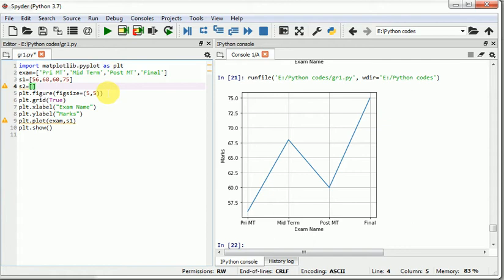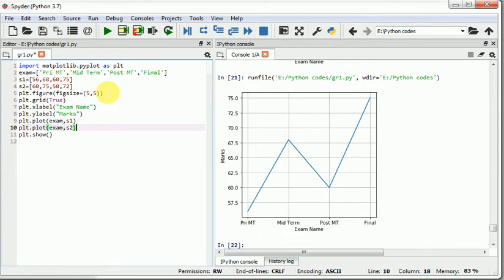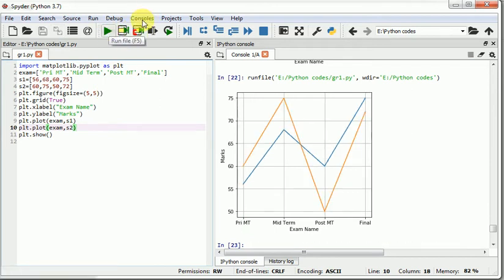Now S2, student getting 60, 75, 66, 50, 72. This is student 2, and display here with plt.plot. My x-axis is common. Now S2. Now save and run. Okay, these 2 lines display here.